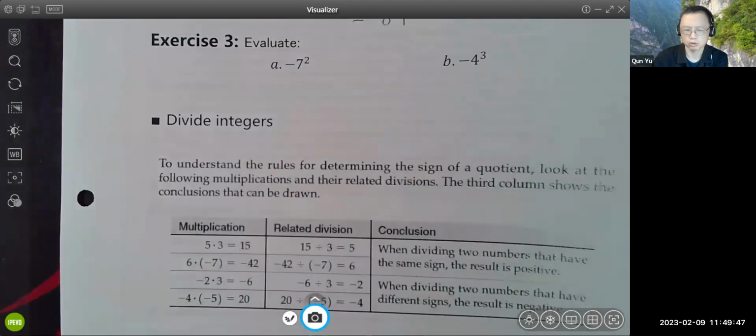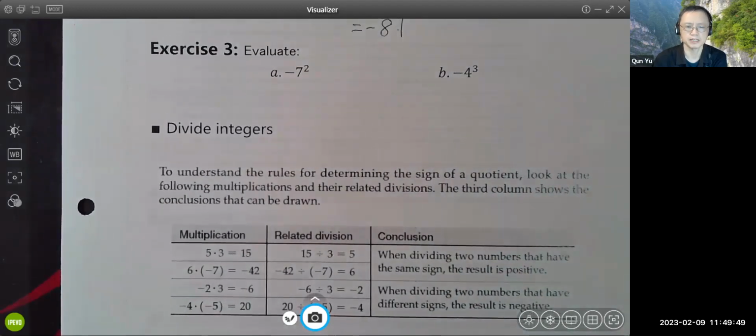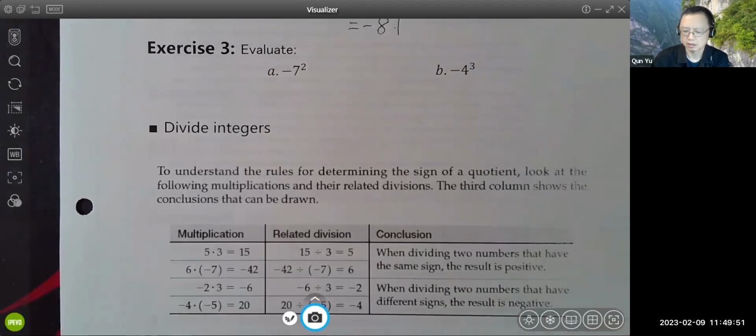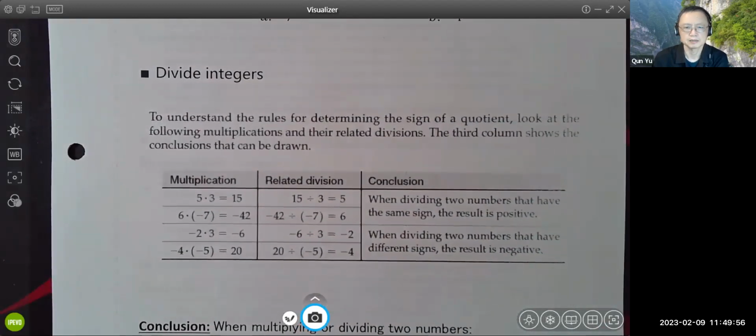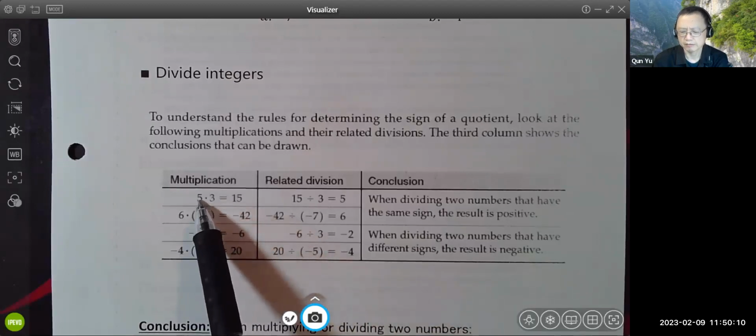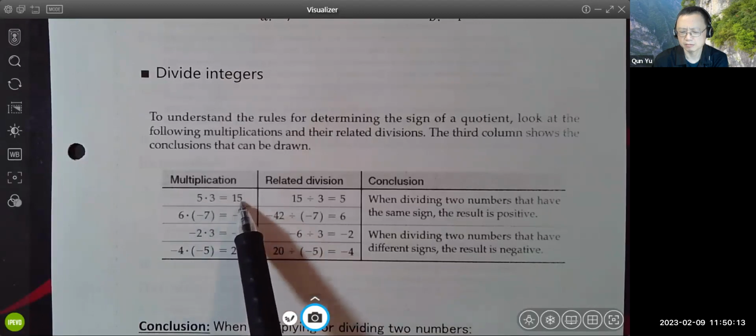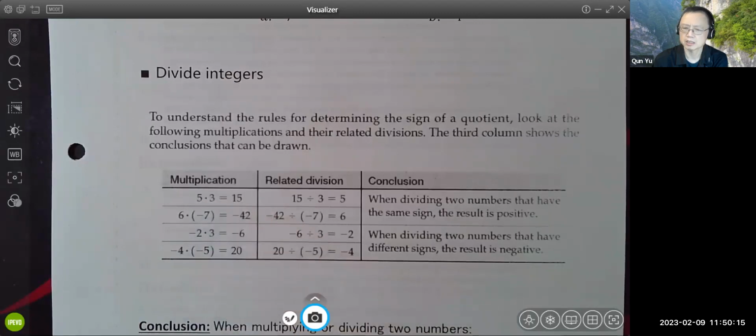Now let's look at our next topic, how to divide with integers. Let's jump to this table. In general, the rule for determining the sign of the quotient is very similar to the one in multiplication. So let's look at this table. Say 5 times 3 equals 15. Basically, division and